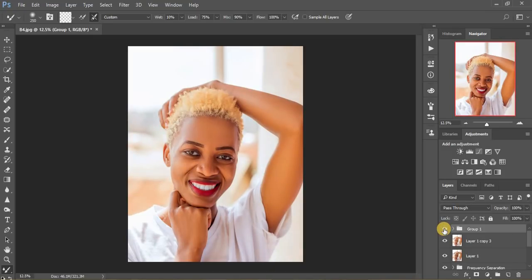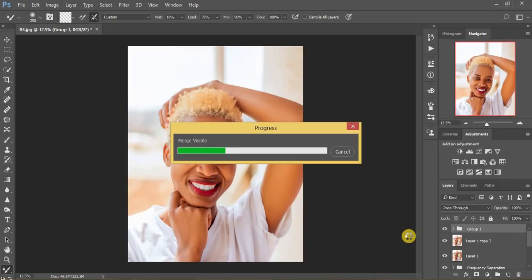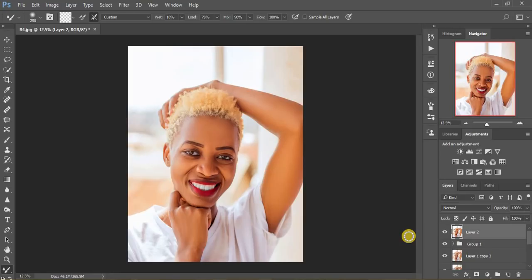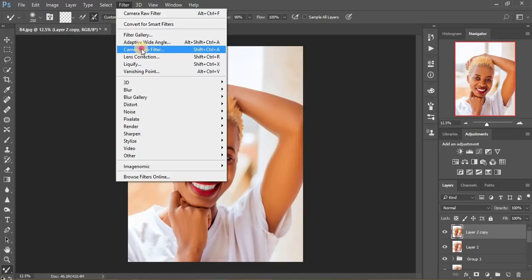So what I'm going to do right now, I'm going to create a new layer on top of our group, Shift Ctrl Alt E. And I'm going to go back to my camera raw because I can see she still has some shadows. So I'm going to come back to my camera raw filter. Sorry, before that I just duplicate. So camera raw filter,